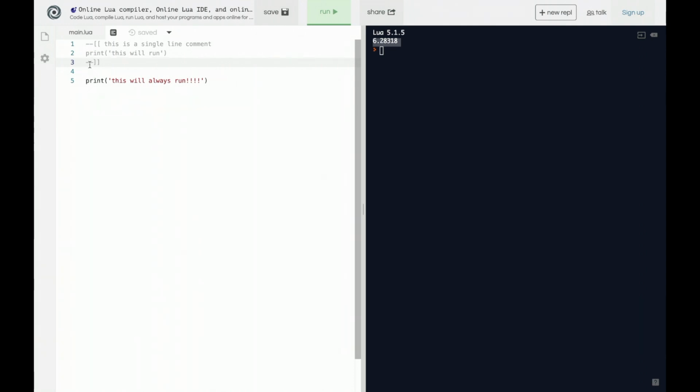So over here we do dash dash square brackets, which means that this sequence tells it to start the multi-line comment, and this tells it to end the multi-line comment. But what if we actually decide we want to run the code in the middle? Well, we could just delete the start and the end, but if we add this dash dash, then all we